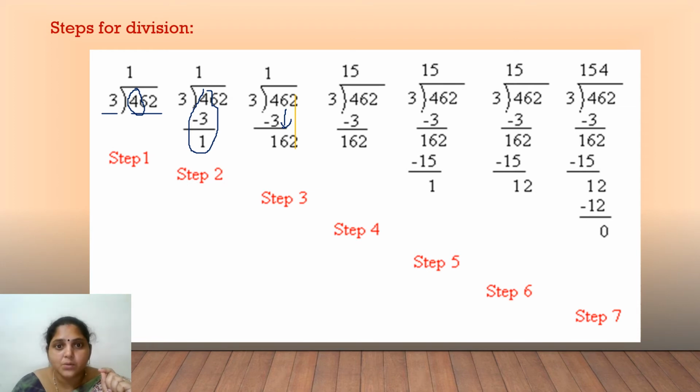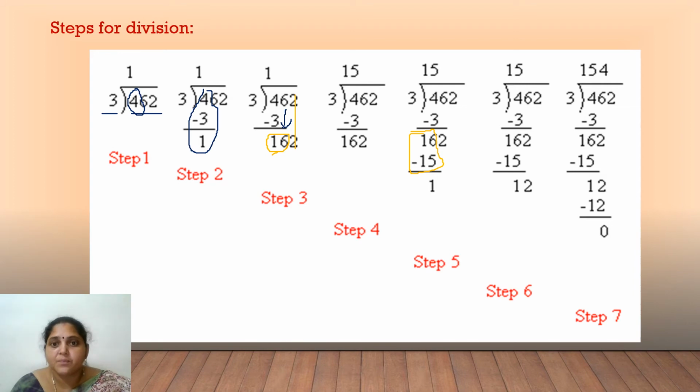We should not bring down 2, but without having any confusion, we have brought down 2 also here. But when you are comparing the number for the second time, you have to compare your dividend number as 16 only. Now, what is the nearest number for 16 in the 3 table? 3 5s are 15. So, you are going to write 5 and then you are going to subtract 16 minus 15, right?